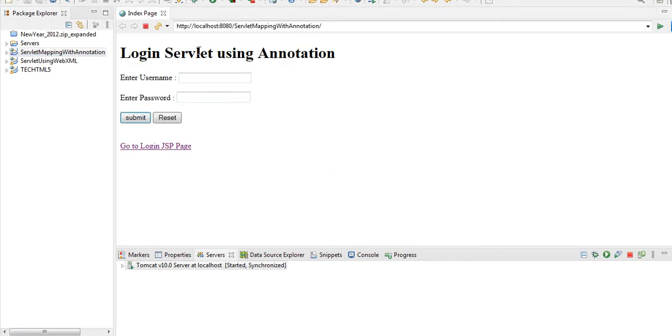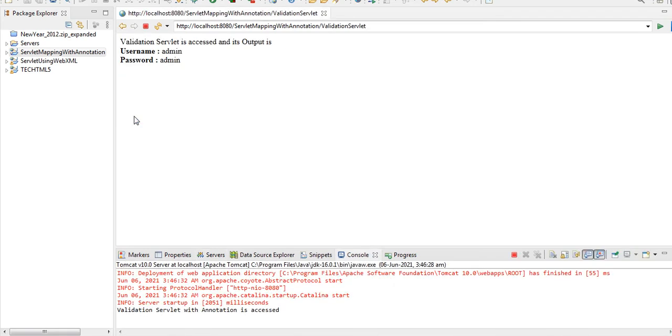See, I'm getting some output. Why I want to show this output: is it nice? It's not nice. Say I am giving some input also. The admin password is protected, so it's giving circles, it's hidden. I'm giving some submit. See, the output is given, but is it looking good?